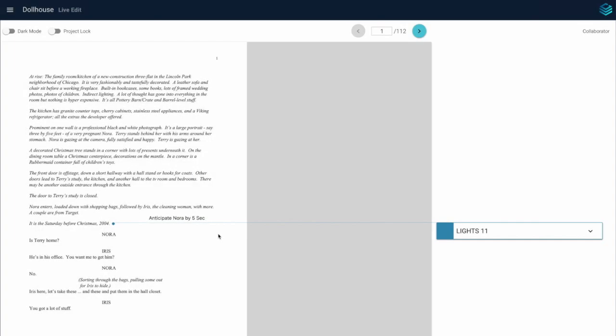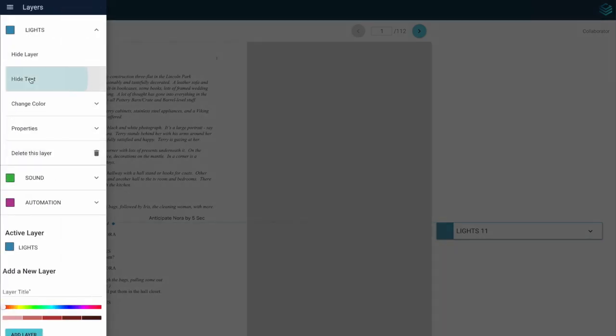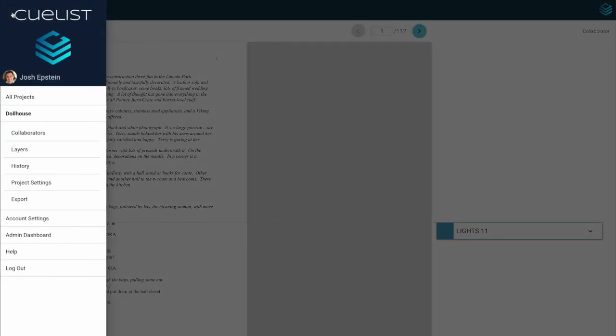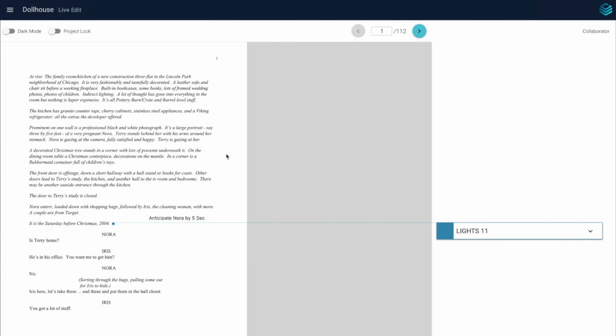It is important to note that if you don't see the Enter Text message when you right-click on the PDF, make sure that in the Layer menu the Show Text option is selected. If the text is hidden in the Layer menu, it will not appear on the script. That should cover cue and text